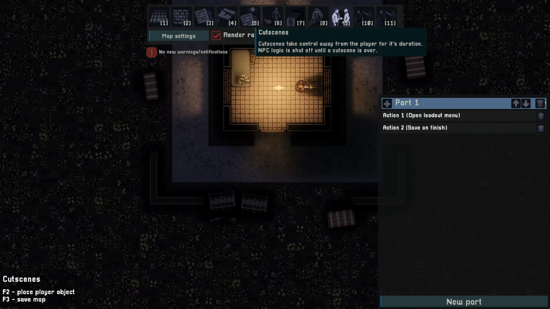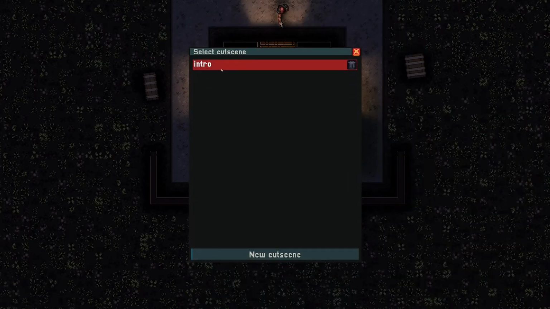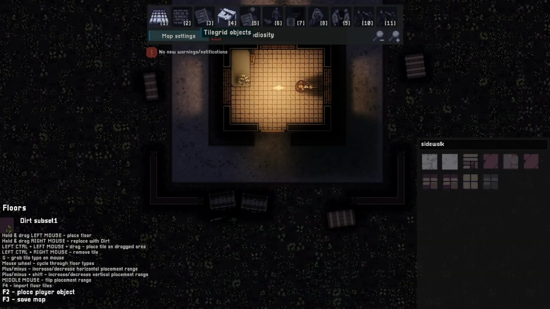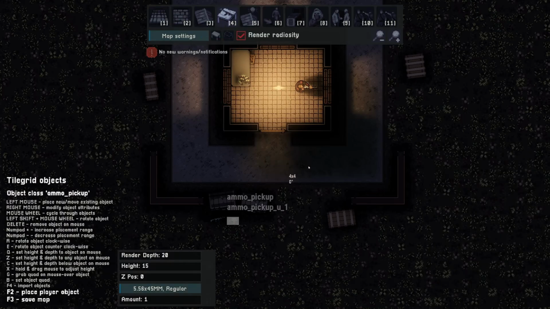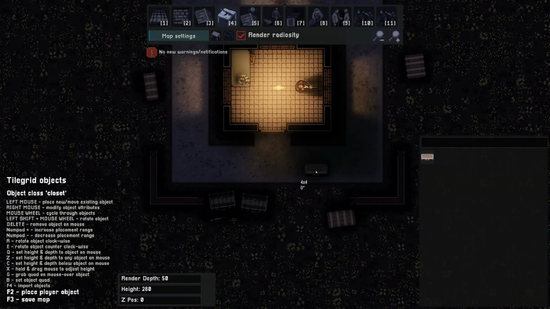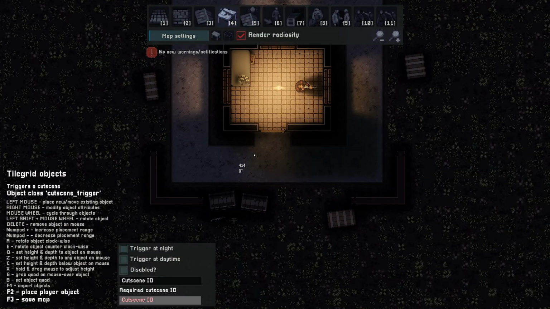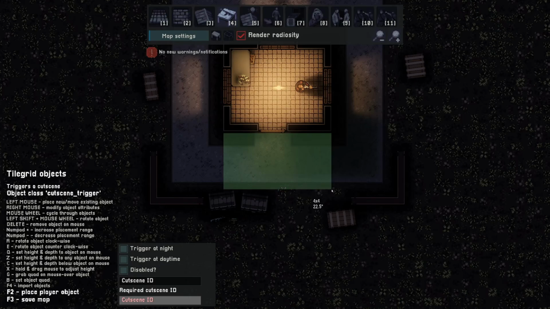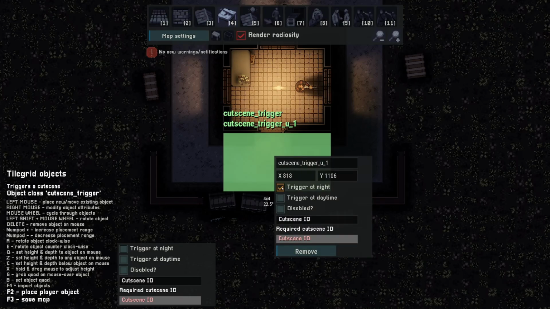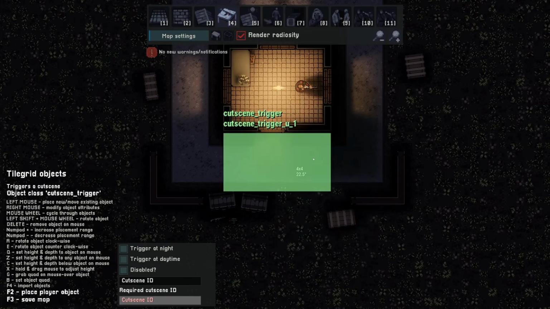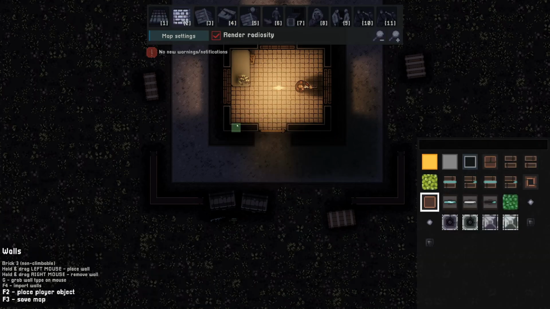In order to trigger this cutscene that we've just created, which we can see here, we have to switch to the tile grid object placement mode once more and switch to the cutscene trigger class. We know that the player spawn object is somewhere around here. So what we can do is simply place a cutscene trigger over here, right click on it, select trigger at night, trigger at daytime, and enter the cutscene ID that we want to trigger with it. Now that the cutscene is in place, let's save the game one more time